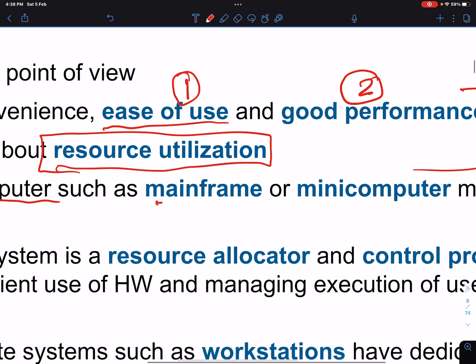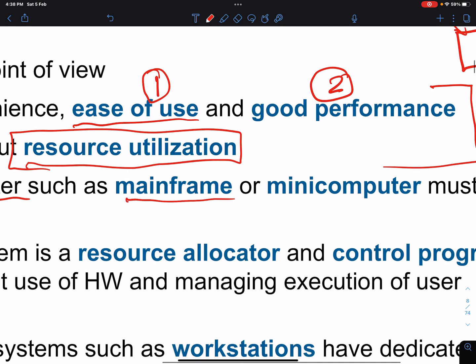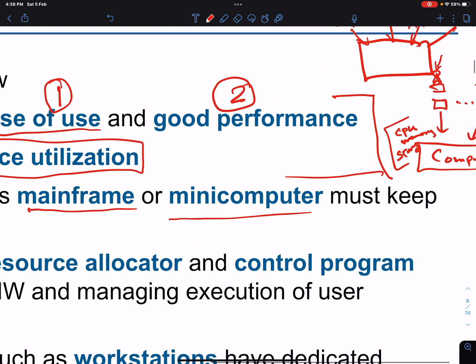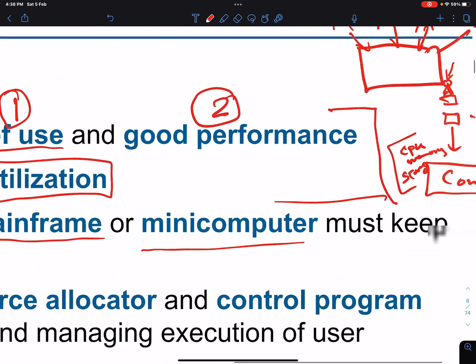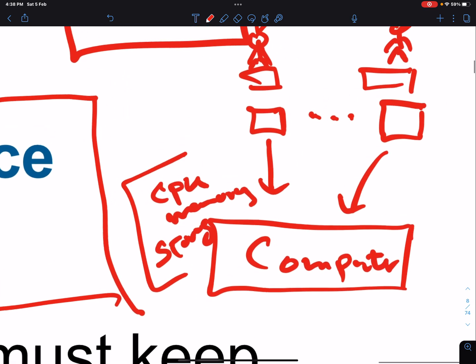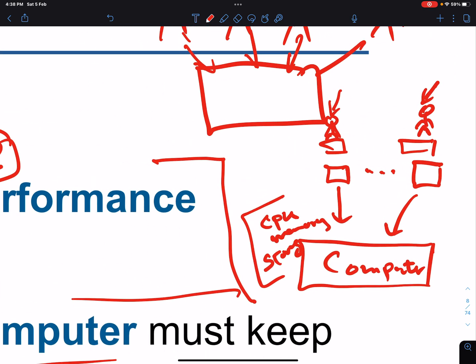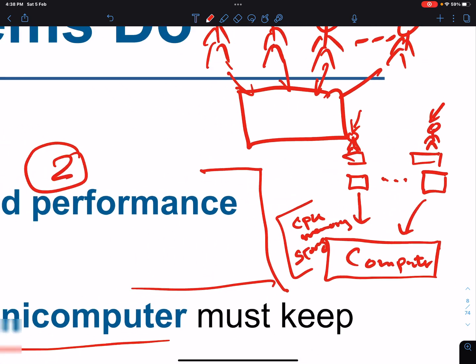Examples, you know, mainframe, minicomputer. Those must keep all the users happy. How can those users be happy? Each and every one of them should feel that they are using the computer solely, so they don't really share it with anyone.